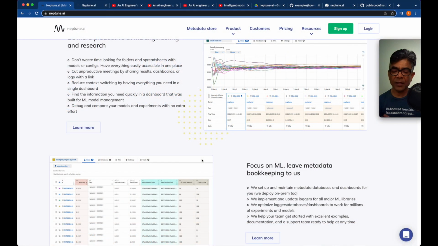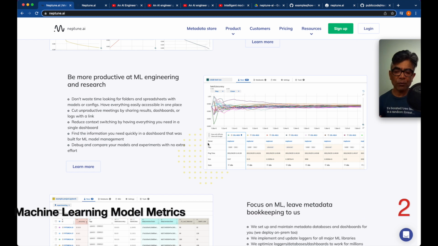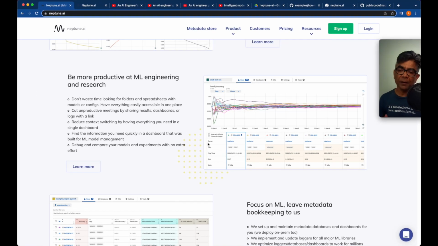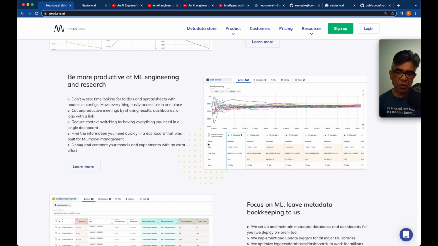You can understand that there are three things they are trying to use in their platform. First, the metadata related with your machine learning runtime experiment. Second, the machine learning model itself. So it means that it has the model registry where you could upload all those models and use them depending on where your needs are. And third, an immersive experience for enterprise to work together in a single platform where a variety